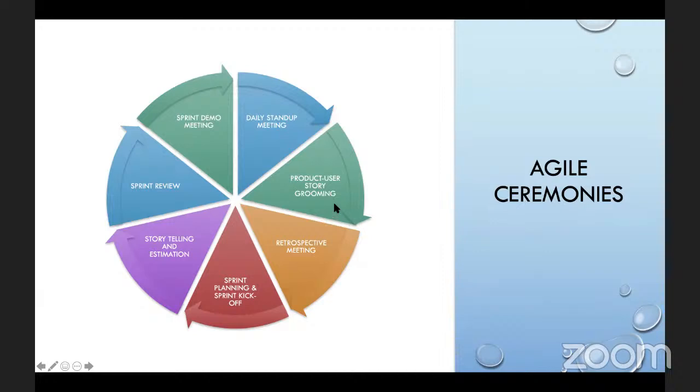Sometimes at the beginning of the first day of the sprint, some teams use the daily stand-up meeting for that purpose as well. But we can always schedule a separate or standalone meeting for sprint planning as well. So sprint planning is when we talk about,